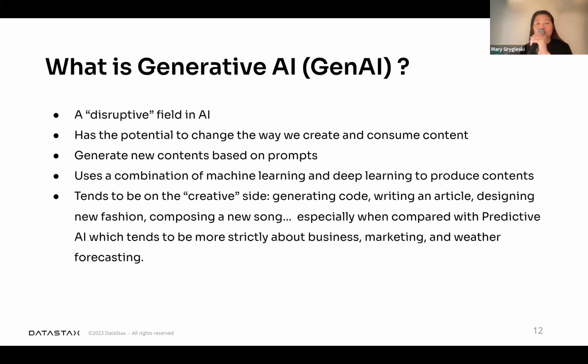And also with GenAI, let's say before GenAI it was basically predictive AI. Predictive AI is where you're looking at some data and then making predictions. And predictive AI tends to work with data that's more short-lived. So let's say you're making a business forecast or a weather forecast. Once you make that forecast and the time expires, the data doesn't mean as much to you. Whereas GenAI can be more creative, more artistic.